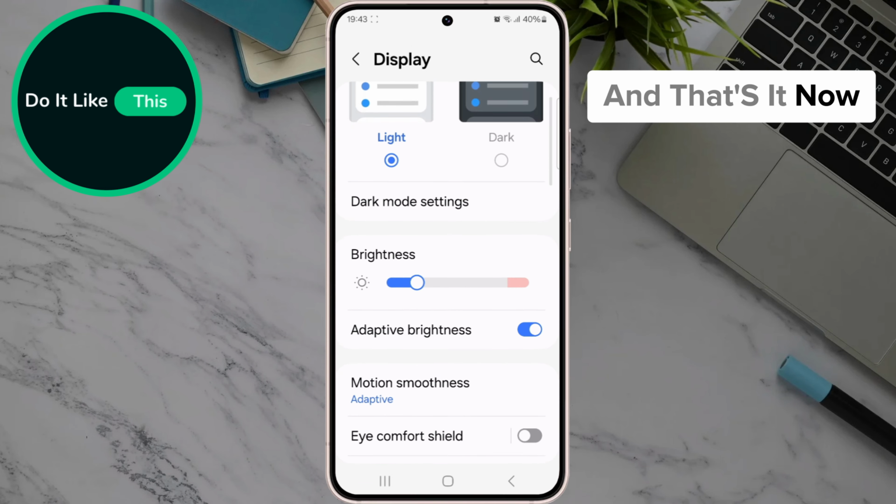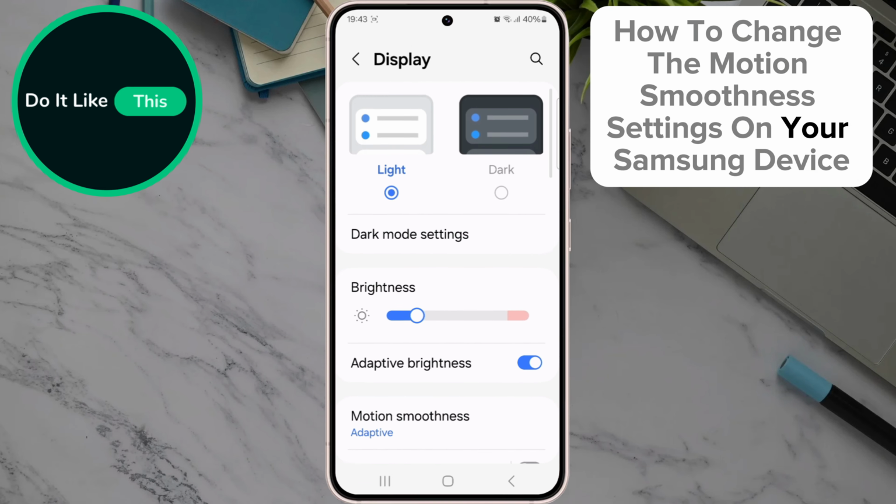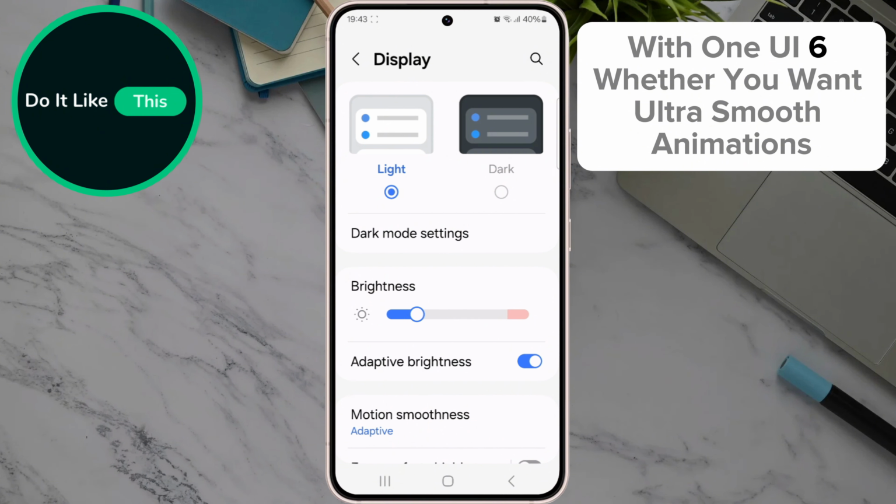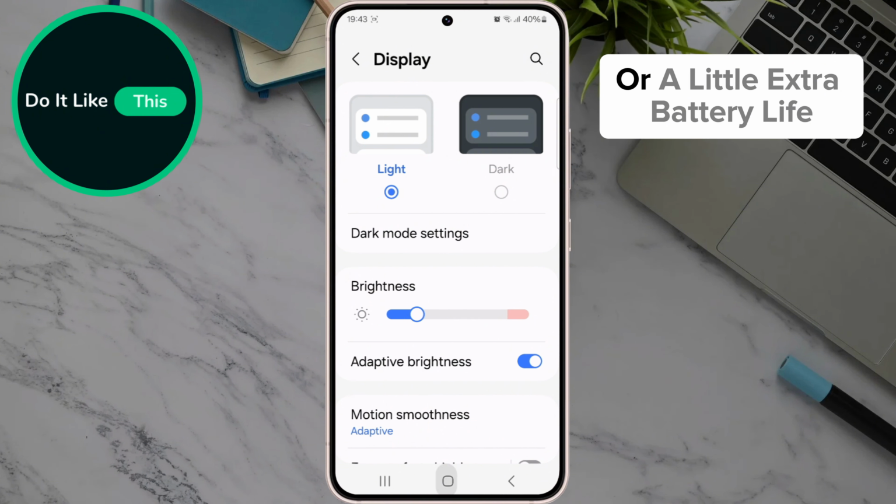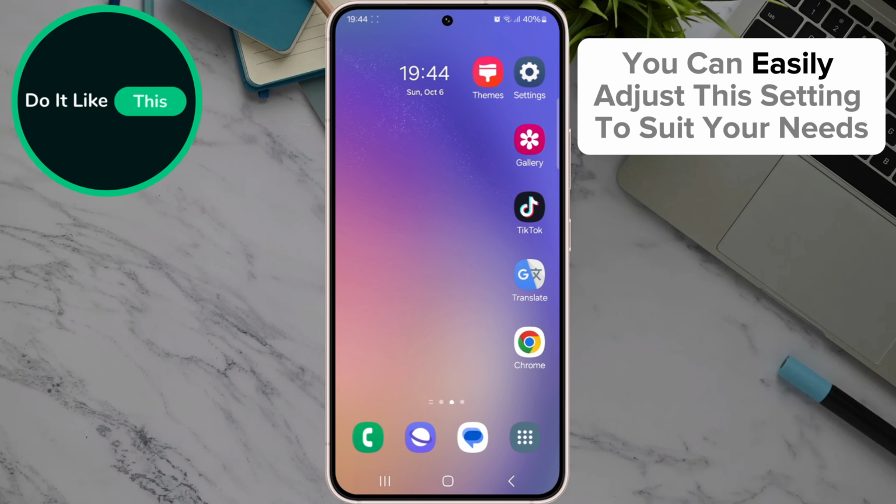And that's it. Now you know how to change the motion smoothness settings on your Samsung device with One UI 6. Whether you want ultra-smooth animations or a little extra battery life, you can easily adjust this setting to suit